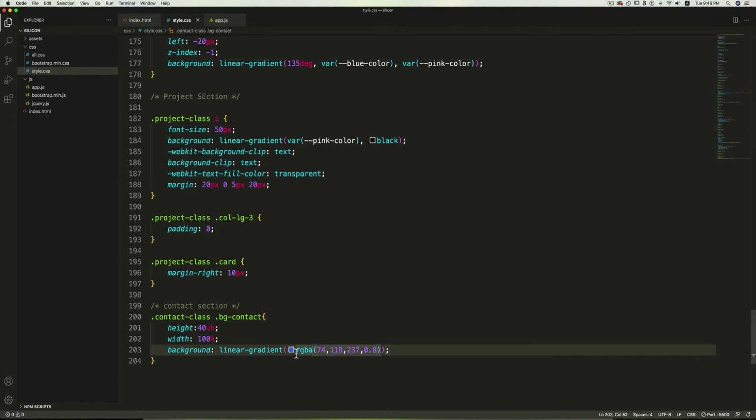Again I'm going to copy this, write a comma, and then paste it, and then place a comma after this and write url.